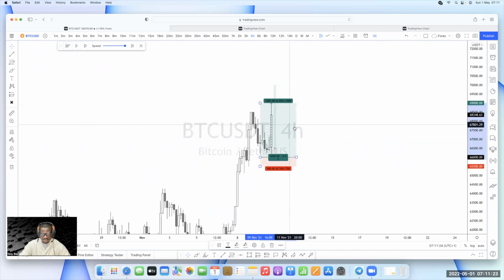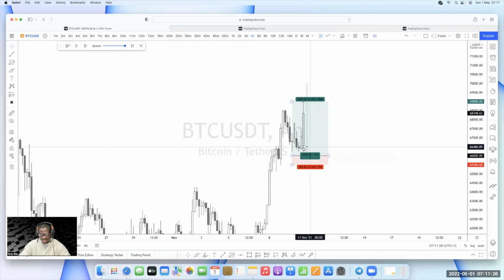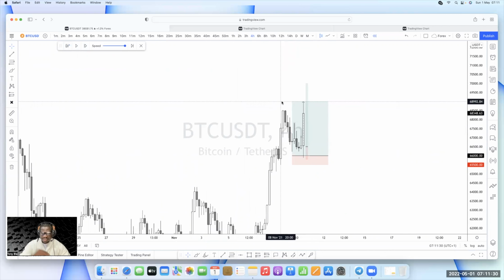And then I think I was trying to catch a lower time frame entry somewhere here. But this actually played out. You can see it got to 69K and then price rejected. So obviously this already played out. I got more than 1 to 3 on this. So this is